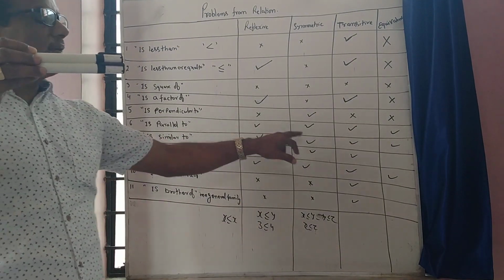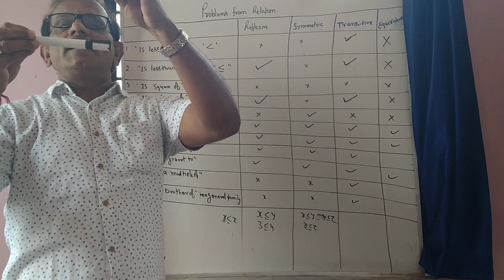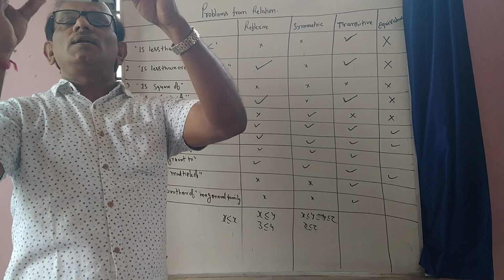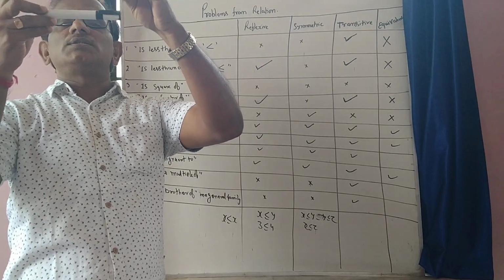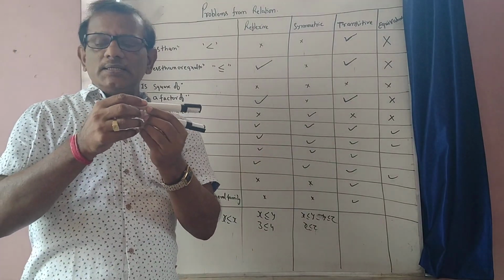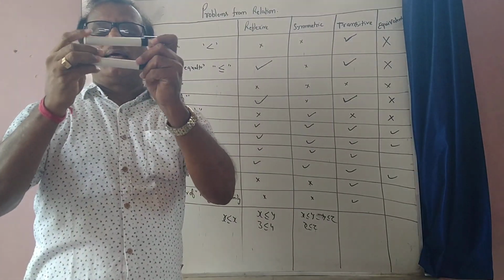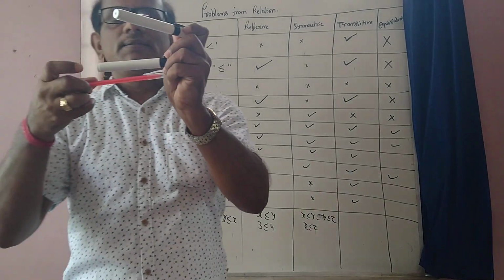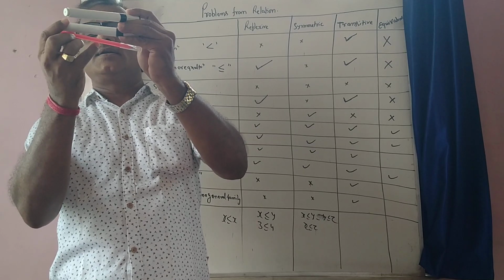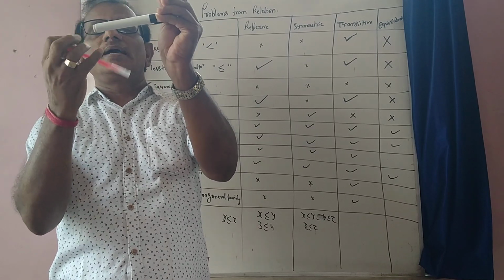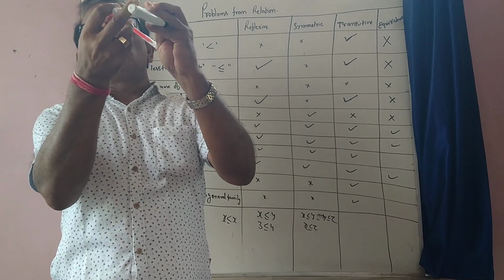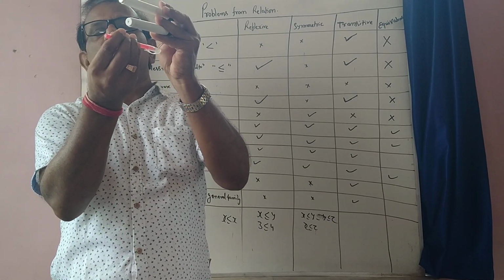Symmetric: L and M are 2 lines. If L is parallel to M, then M is also parallel to L. So therefore the parallel to relation is a symmetric relation. Coming to transitive, 3 lines taken, L, M and N. The first line is parallel to the second line, the second is parallel to the third line, then the first line will also be parallel to the third line. So therefore the parallel to relation is a transitive relation.